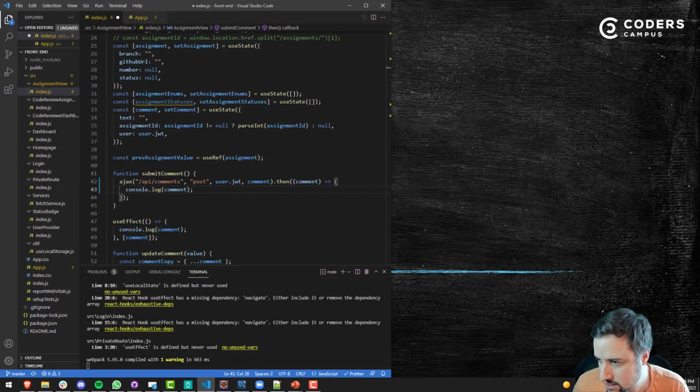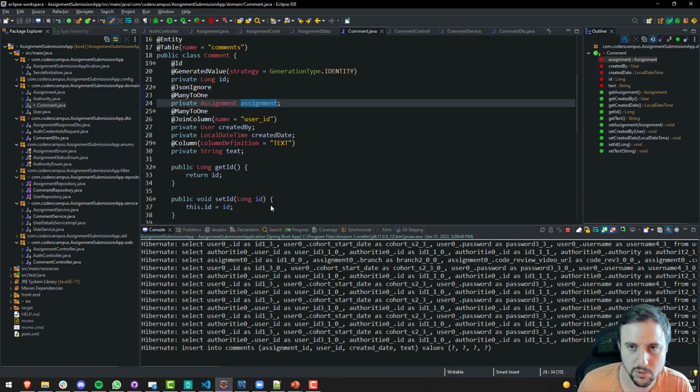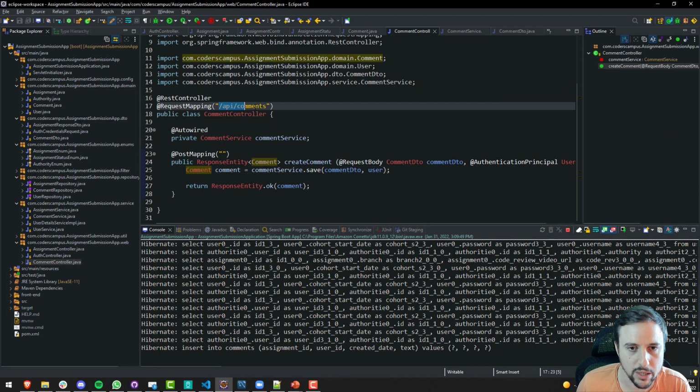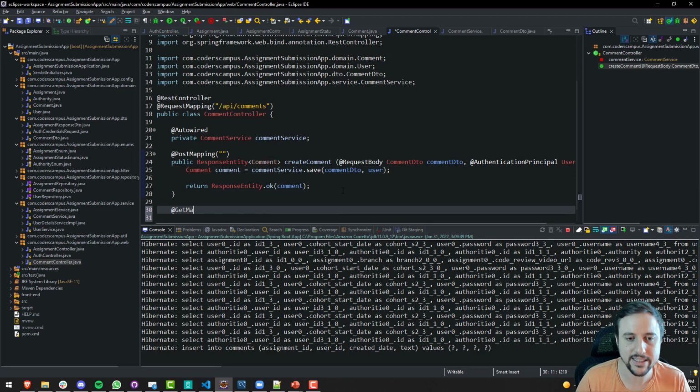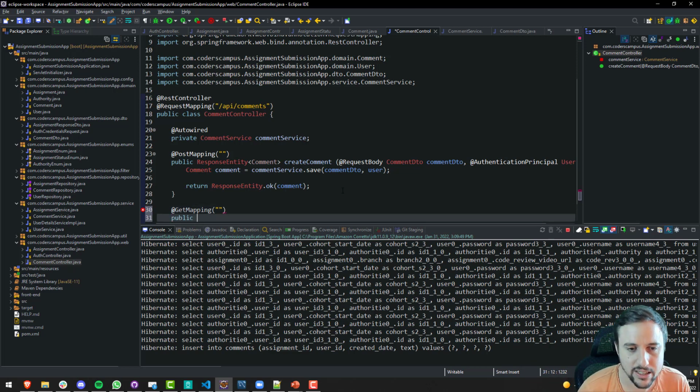Let's start at the back end first. We'll start at the back end with the comment controller, because we're still working with the /comments endpoint when reading. So we'll do a get mapping for the comments endpoint. So get from /api/comments means get all the comments, but we're going to add a little bit of a twist